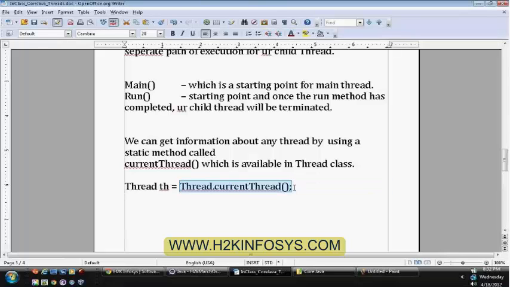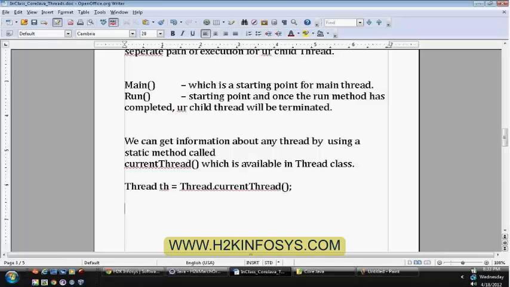When you call this one, this line will be executed by a thread, and on return, it will provide information about that particular thread. So this is very important when you enter into threading programming, because you need to know which thread is executing that particular method or code.